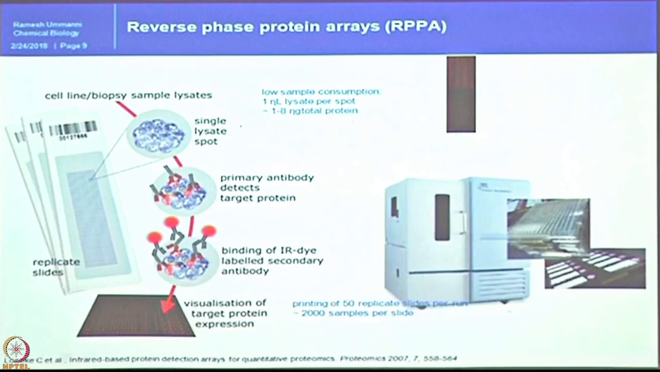can print 50 replicate slides per run with 2000 samples per slide. And also, why I am highlighting this instrument, I am definitely not from the company. The thing is that when you print the first slide, the same quantity should be printed on the last slide. So, duration will be 3 hours. In the first slide, if the one spot contains 1 nanogram, 8 nanogram, the last slide also should have 8